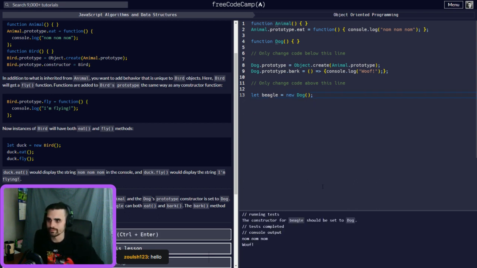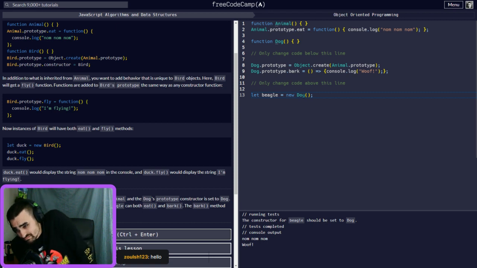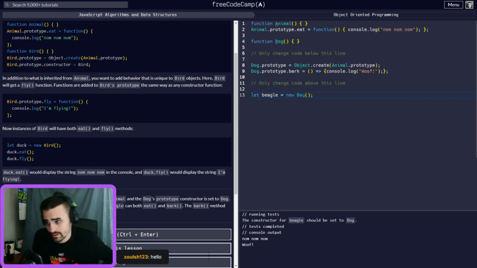So hold on, let's see what's going on here. The constructor for beagle should be set to dog. Okay, the structure for beagle.